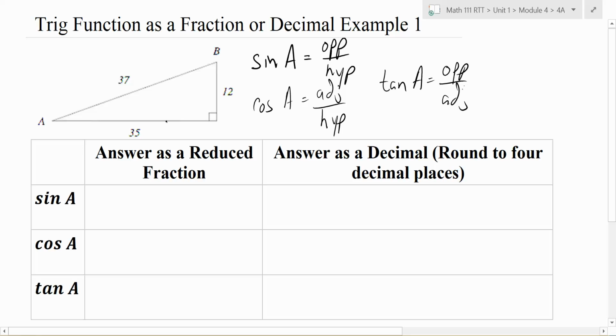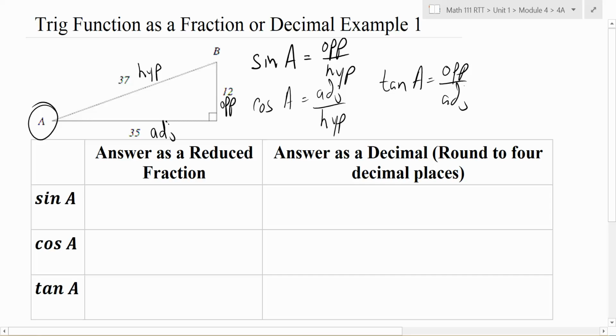So as we look at this problem, each of the three different parts of the problem are asking for something in relation to angle A. So I would look at angle A and from there identify what the opposite, the adjacent, and hypotenuse is. The hypotenuse is always the easiest. It's always across the 90-degree angle. Once you've identified that, the adjacent is going to be the side that's touching the angle in question. So this is the adjacent, and the one that's not touching the angle at all is the opposite.